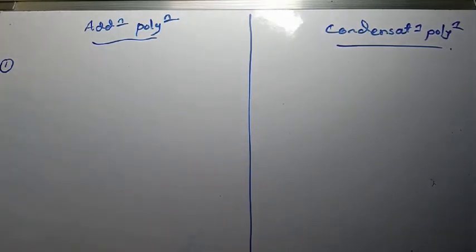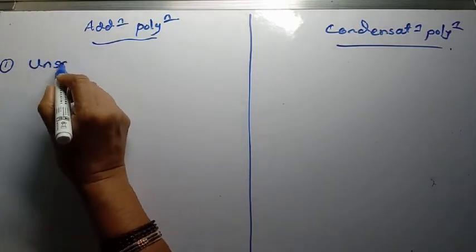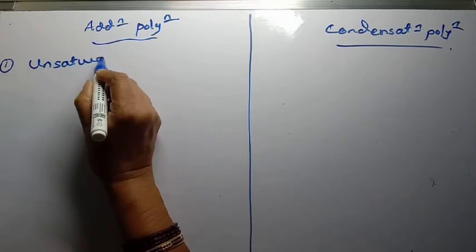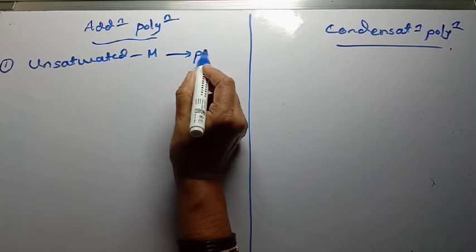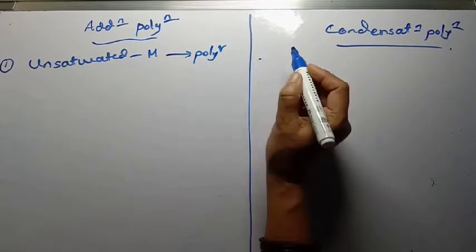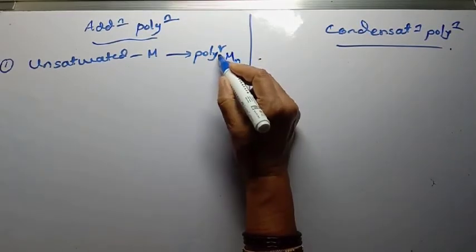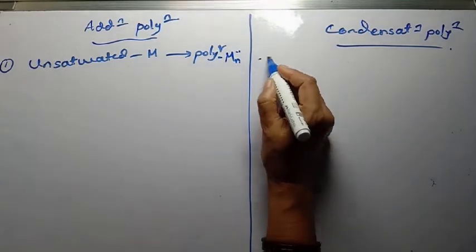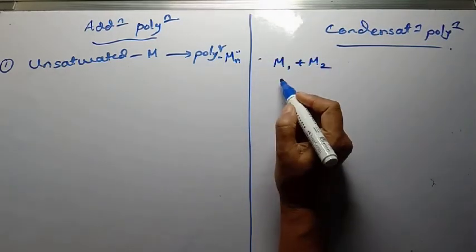The first one is that unsaturated monomers are giving polymers, but here there is a single monomer which gives a macromolecule, Mn. But in condensation, two monomers are combined, which are bifunctional,